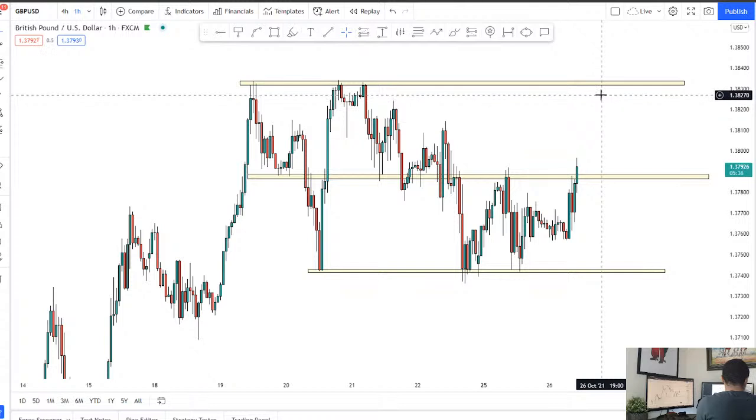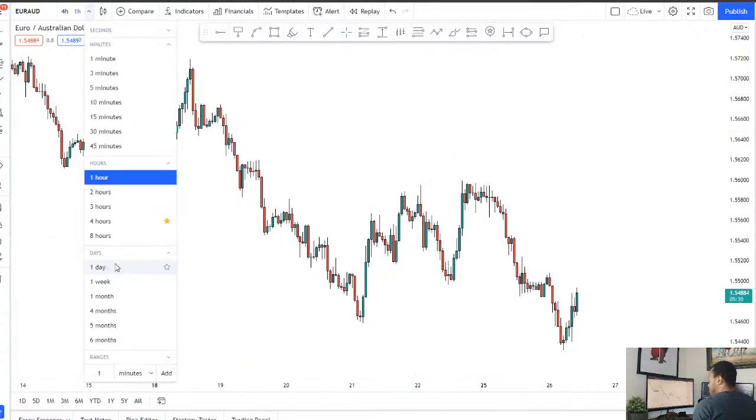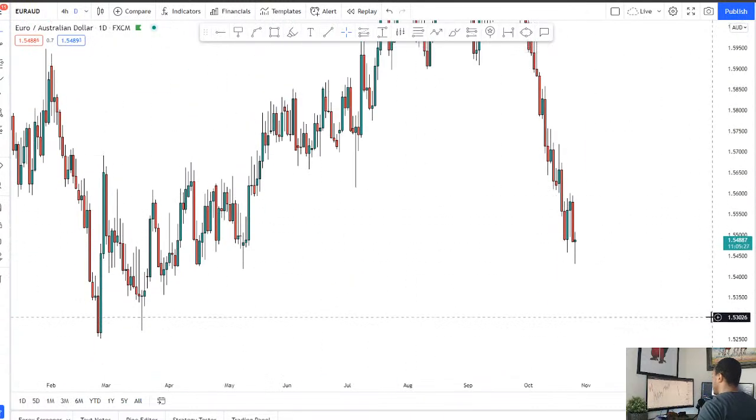Euro AUD, AUD CAD, pound CHF, of course. Euro AUD. Okay, so